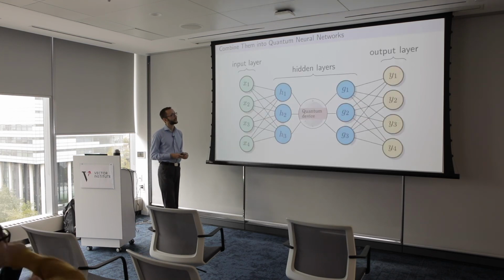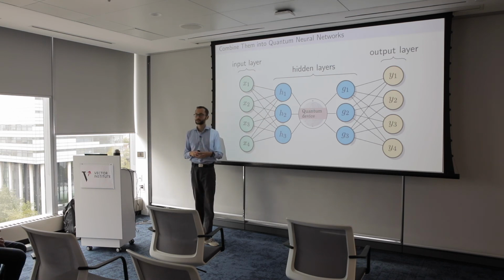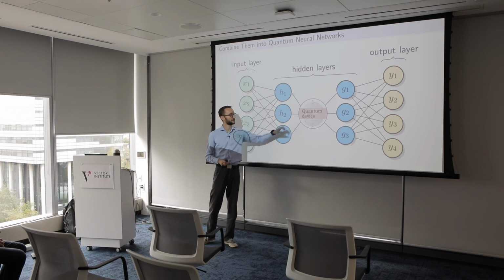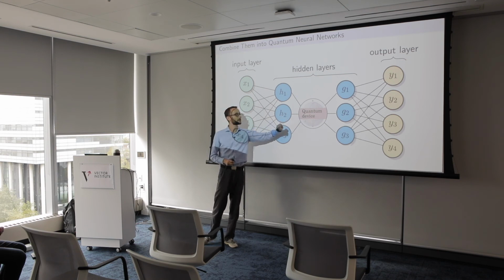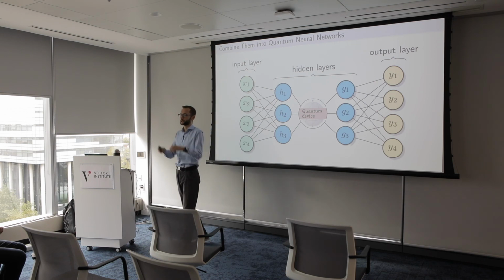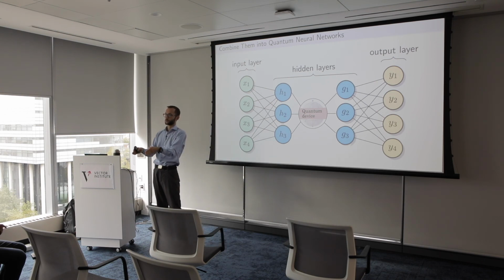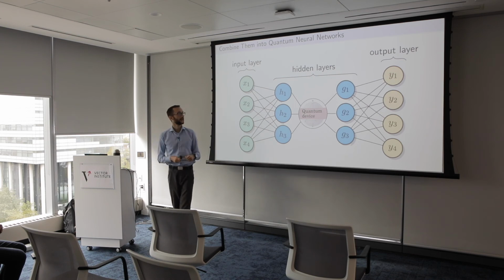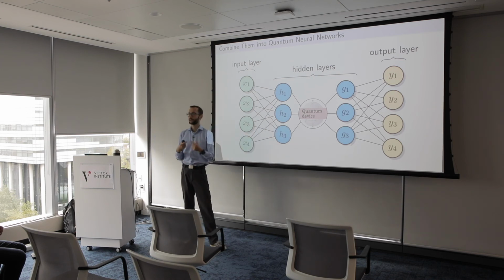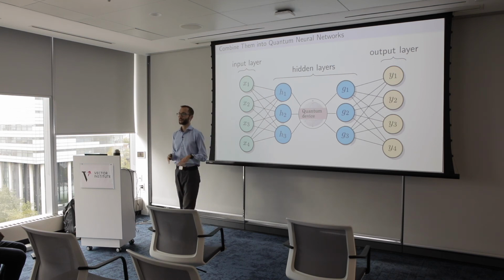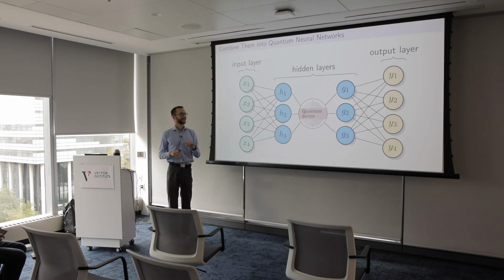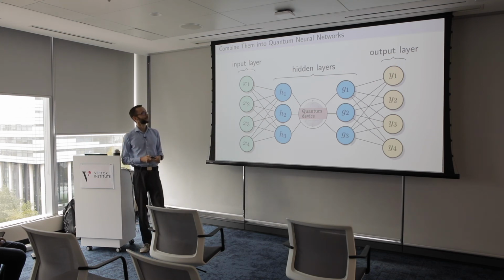What you can use them for is to construct hybrid architectures. You can have some neural network, then calculate some funky kernel in the middle with a quantum device, and then continue with your neural network. So your quantum device just becomes one layer in your neural network. These are ongoing experiments on what this is actually useful for. One conjecture is that by plugging in a quantum device in the middle and calculating these funky kernels, you can become more robust against adversarial attacks. It's a bit in the air at the moment. I was not able to prove it yet, but I'm working on it. So this is another fun area to research.